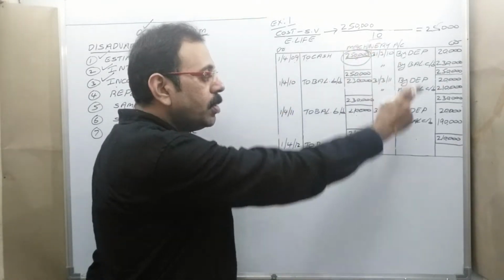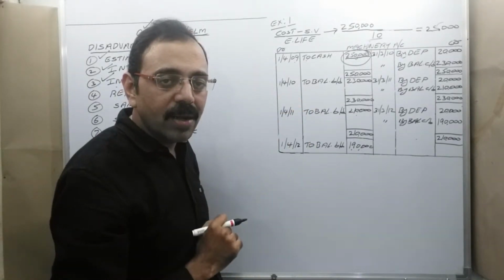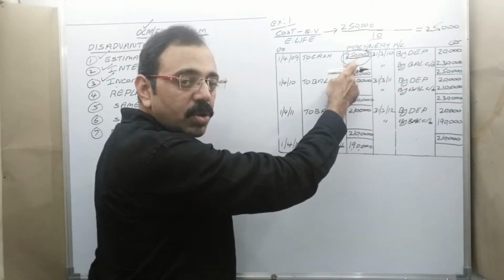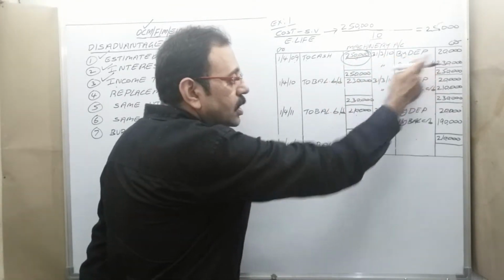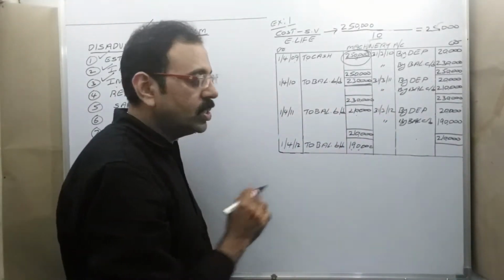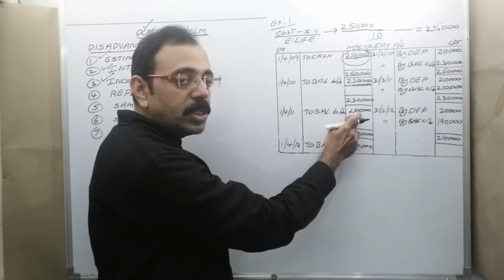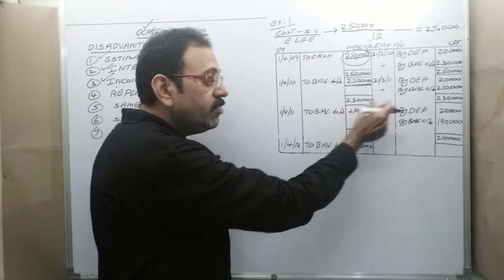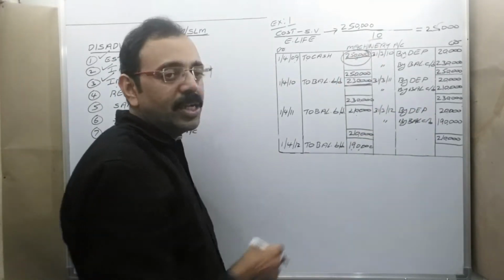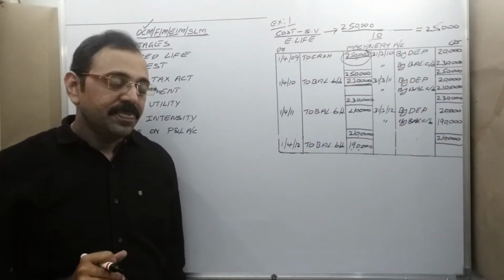Means if this problem is done according to diminishing balance method, then how depreciation amounts are calculated? First year, opening balance of the asset is 2,50,000 now. On that amount we calculate. Second year, diminished value of the asset is how much? 2,30,000. On that we provide depreciation. Third year, debit side to balance brought down. Some amount will be there now. On that we provide depreciation. Income tax department, they prefer diminishing balance method to provide depreciation, but not fixed installment method. Then,